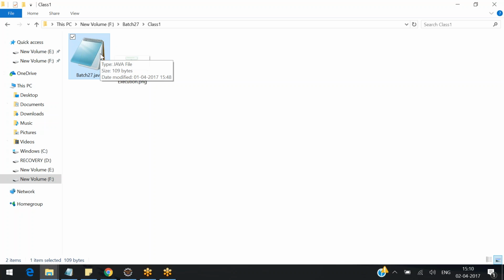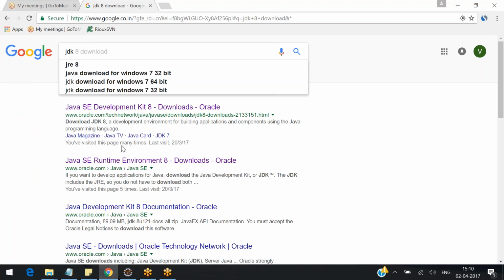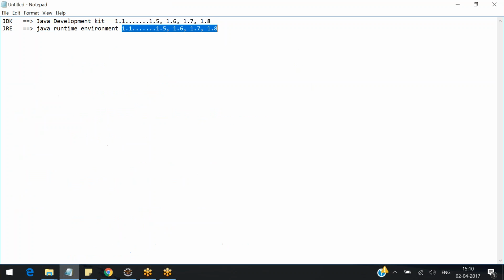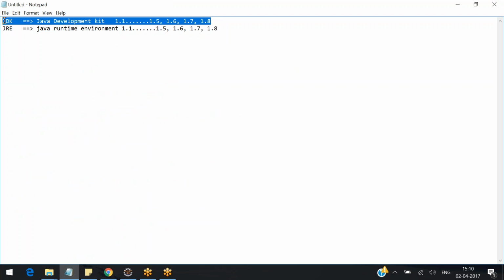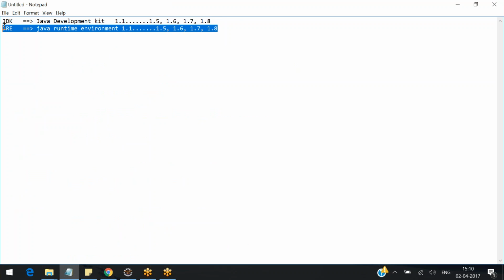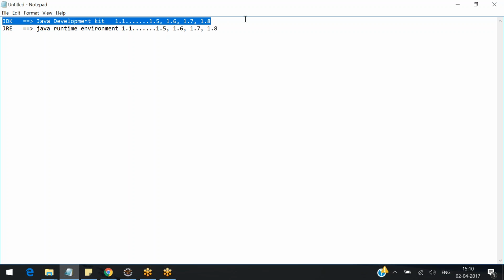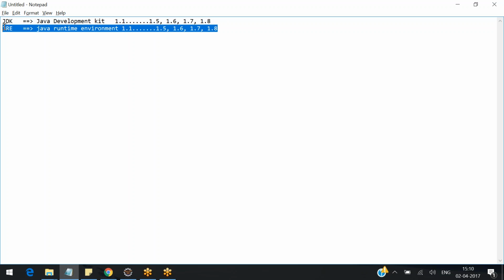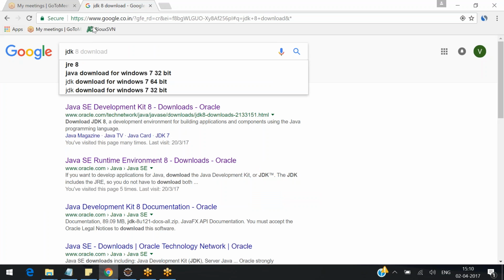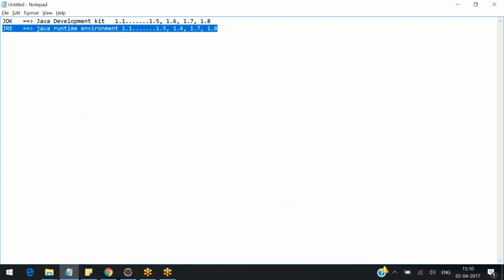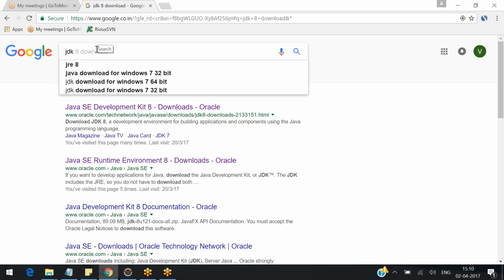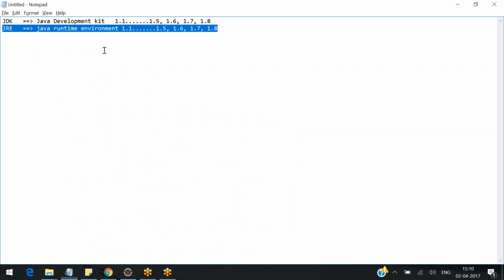Now, if you want to run this Java program, you need something called Java Development Kit or Java Runtime Environment. If you want to compile and run, you will need JDK, and if you just want to run the compiled version, you need the JRE. So I will go ahead and download JDK, JDK 8. The reason is